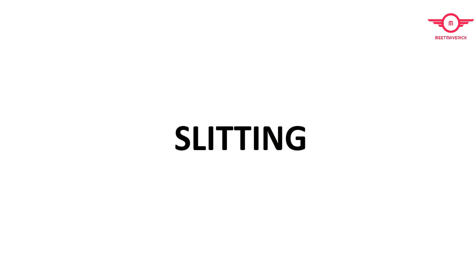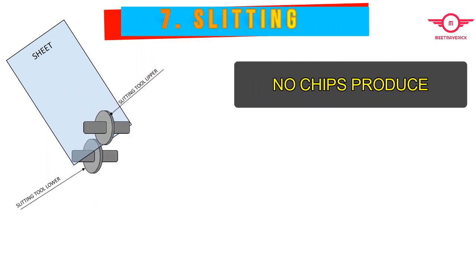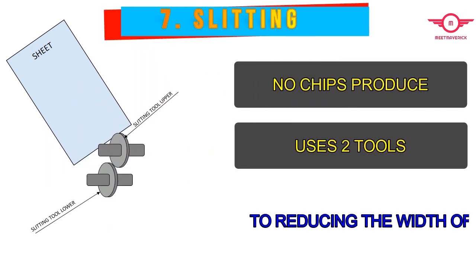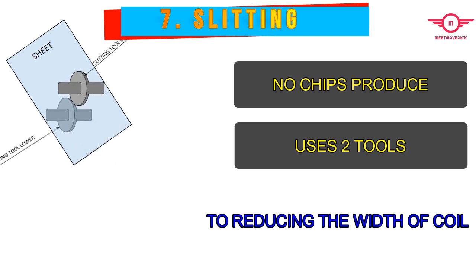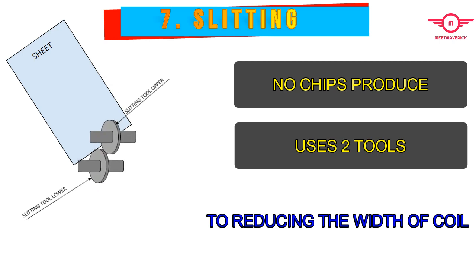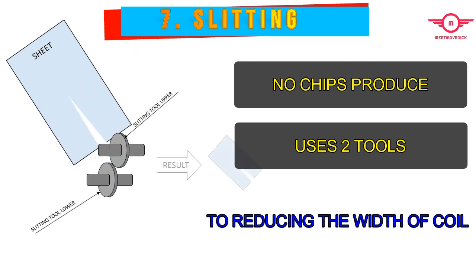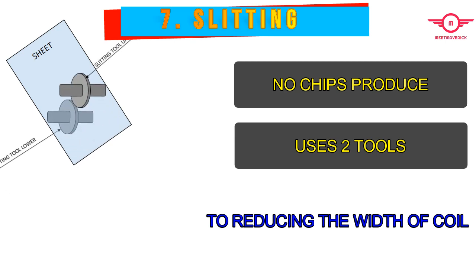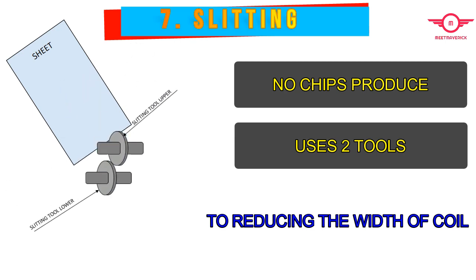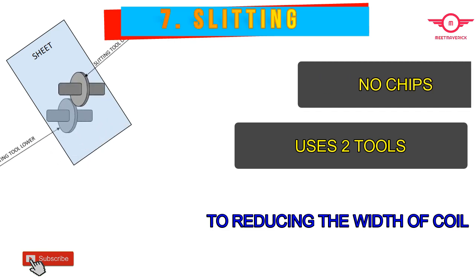Slitting. Slitting is a shearing operation along a single line. It is used when making a narrow coil from a wide coil, when making a short strip from a large sheet, or when shearing part of a sheet metal along a predetermined length or outline. This process does not produce any chips. Slitting is widely used in metal coil making industries.